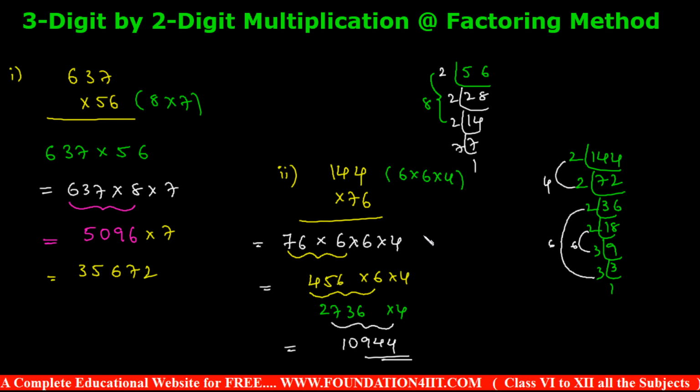So a little practice is required. Then without using pen and paper, orally in mind also, you can calculate any 3-digit number by 2-digit, making 2 single digits by the factoring method. So making into factors, we can do this. Same 3-digit by 2-digit number, now we will see how to do it with the addition method.